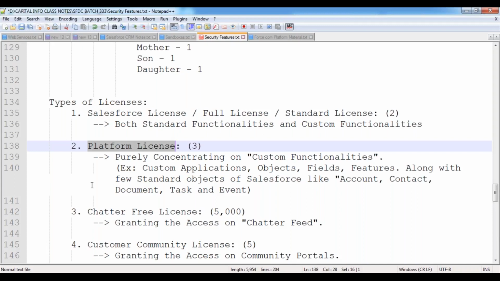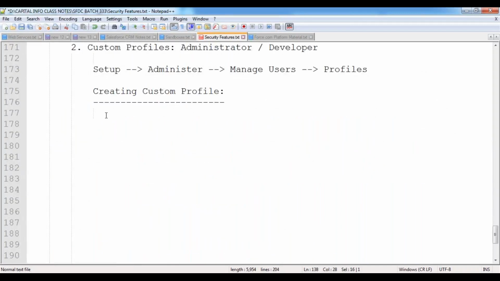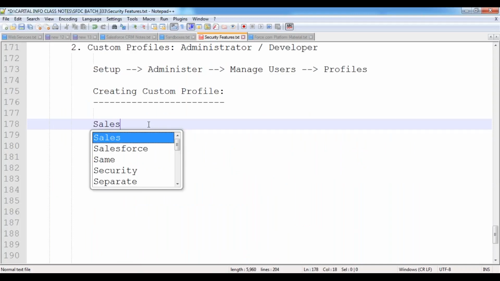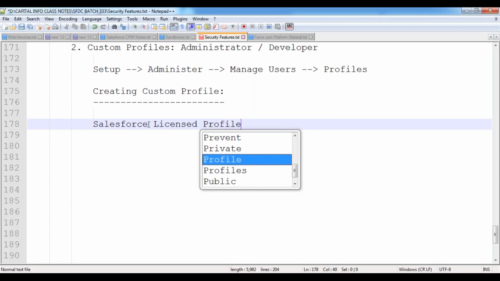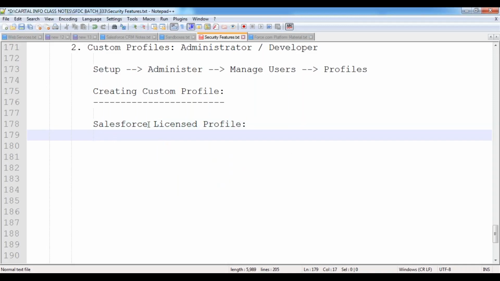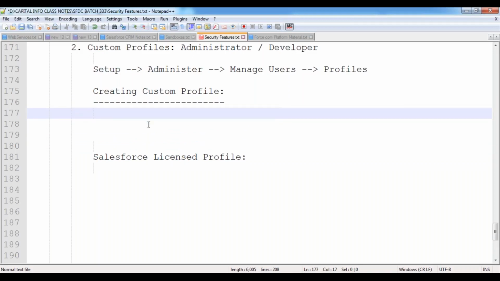Now let's see. How can we create the profiles over here? Now I want to create a Salesforce licensed profile. Now, how can we create this profile here? Let me give that navigation. Just go to the profiles,